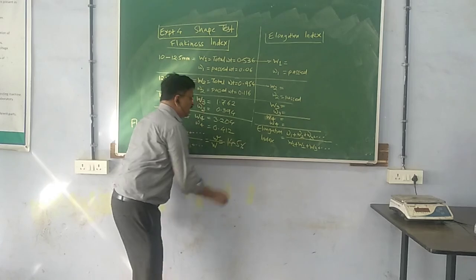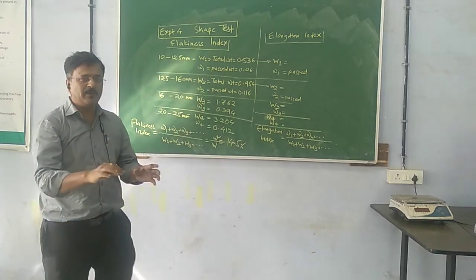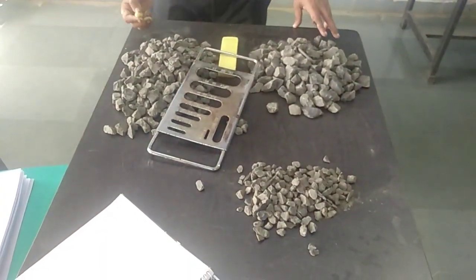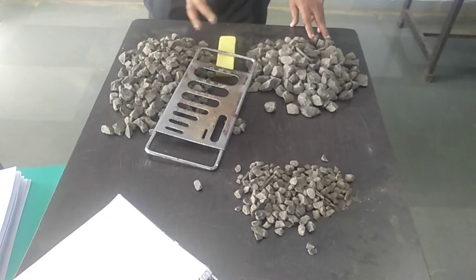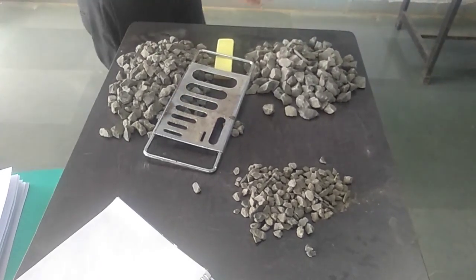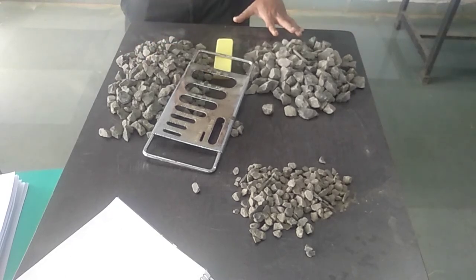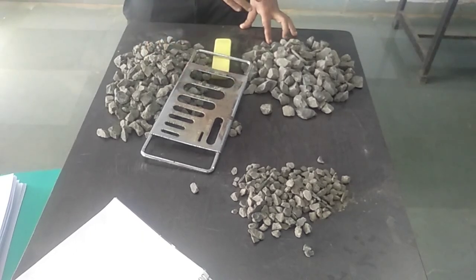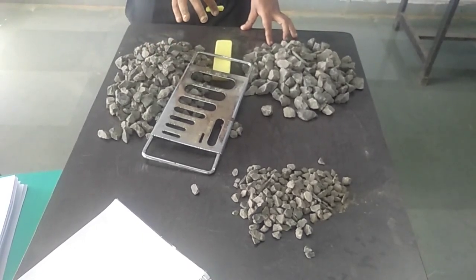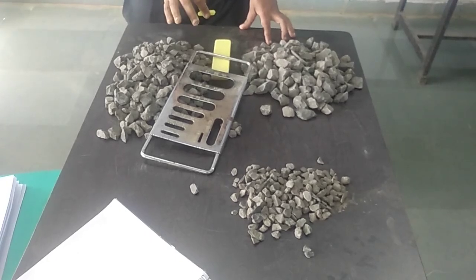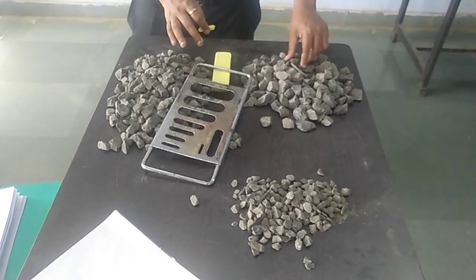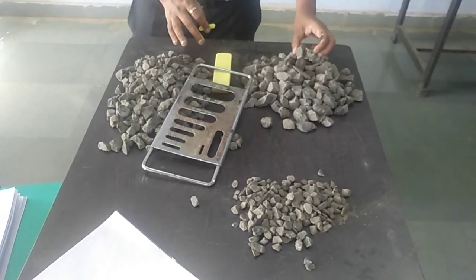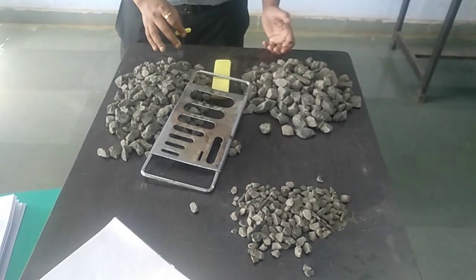14.5%. So that means this whole sample which is used for road construction, out of these samples, 14.5% of the sample is flaky. As per the IRC guideline, for bituminous and non-bituminous types of road construction, this flaky particle percentage should not be more than 15%. If it is more than 15%, we have to add some angular particles such that more flaky particles will not be present and more angular particles will be there.